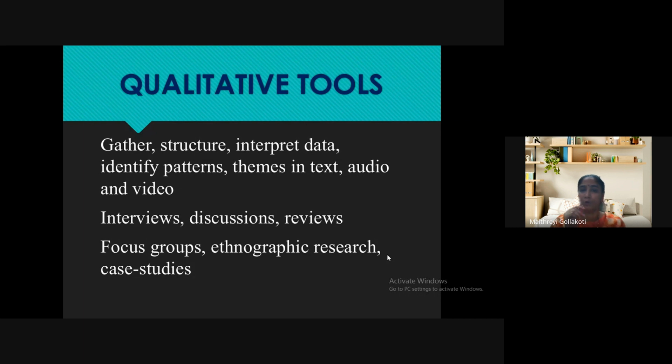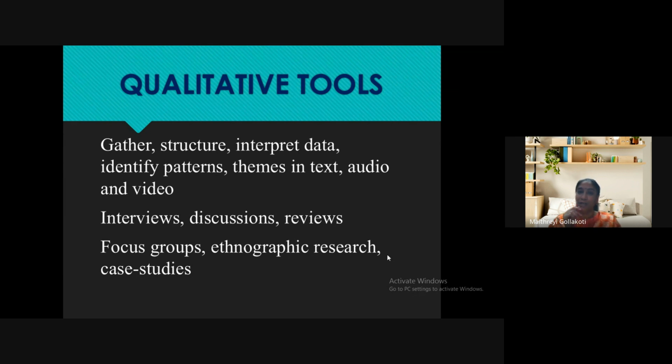What are focus groups? Focus groups are small groups which will concentrate on one aspect of the problem. There will be a focus group which will study customer behavior. There will be a focus group which will study a particular subject only. The scope is very limited. Such a group is called focus group.